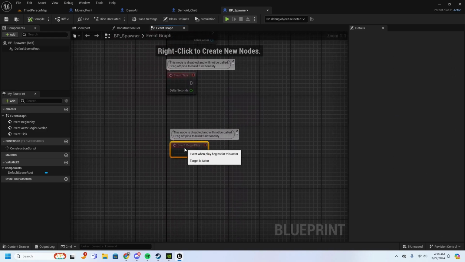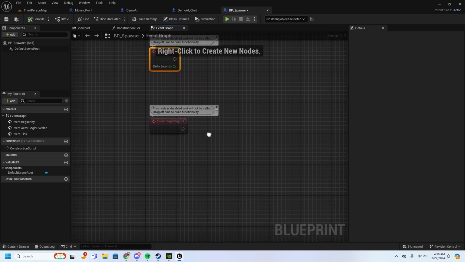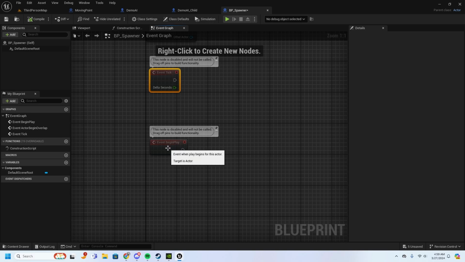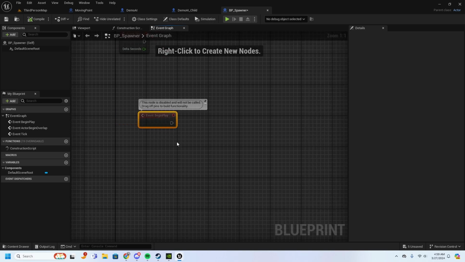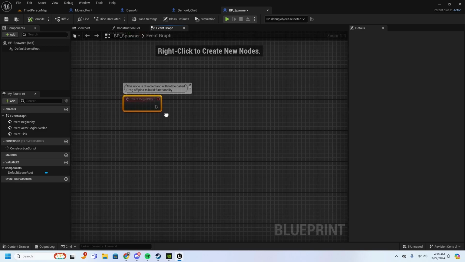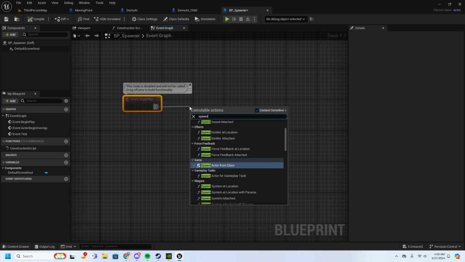And then if you want, you can have it on event tick to do it multiple times per tick, and then add a delay to make it whatever you want, if you want it once per second or whatever. We're just going to do it based off of begin play, so the first time we hit play, it'll spawn something. So we want to spawn